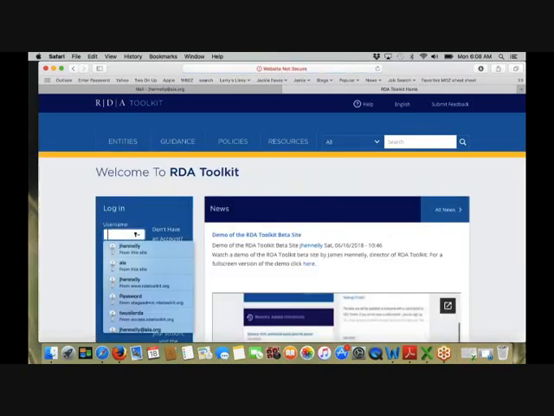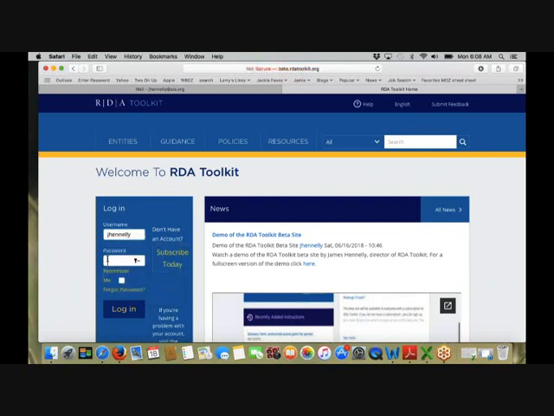Let me try this again. I'm going to type it in just because I'm concerned my saved password isn't correct. Oh, I know what I want to do. I don't want to do that one. I want to do this one. So this is the